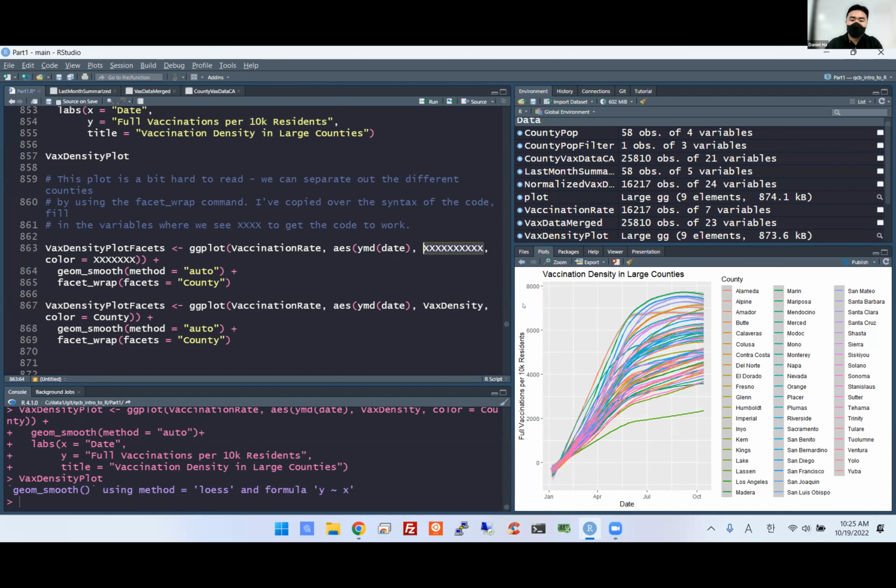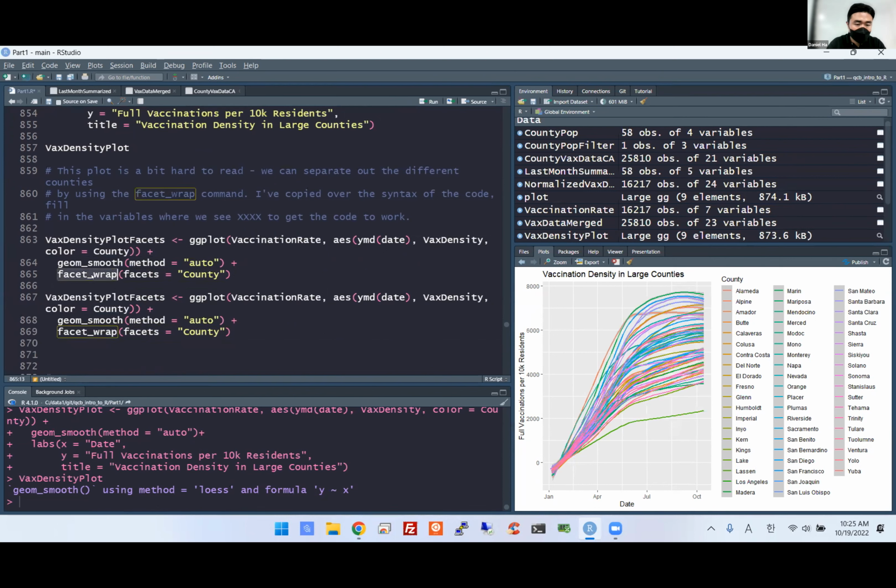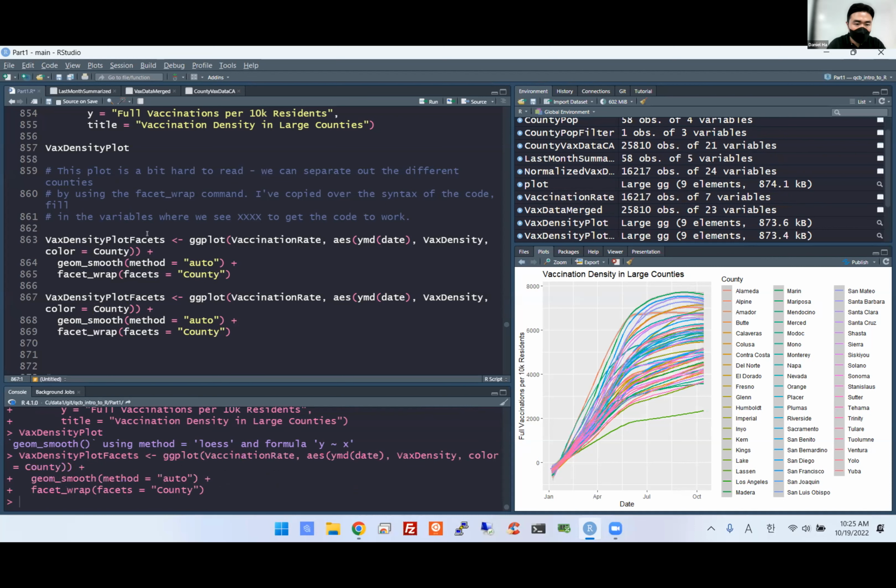So vaccination rate, the second one should be the same as this one, the vax density, and the color being county. And then the function we want to use to separate the ggplot is facet_wrap. So you designate which variable to separate. So if you basically run this,